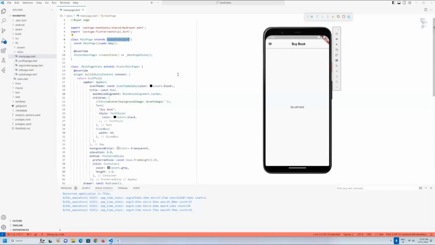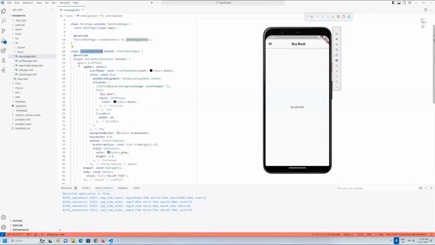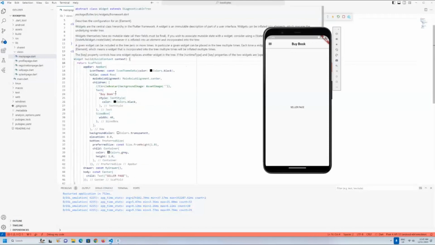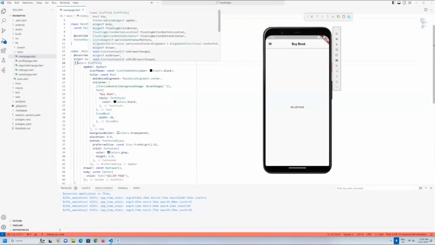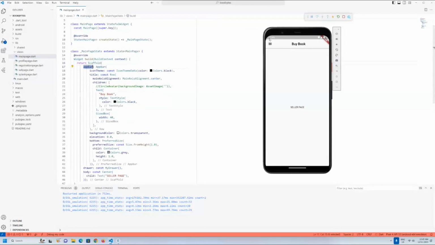The main page consists of the state class, which implements the overall widget build. The widget build here contains an app bar, which is the upper section here. The app bar here uses a row, this section here, and it's set to center because the idea is that we wanted to have this right in the middle, which